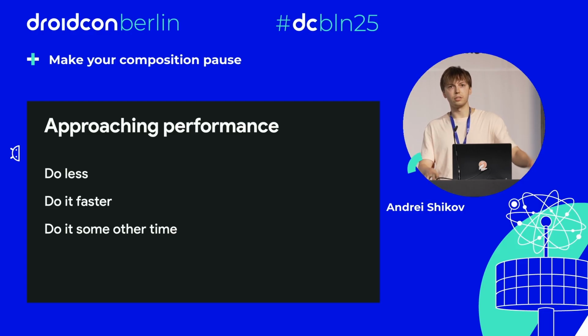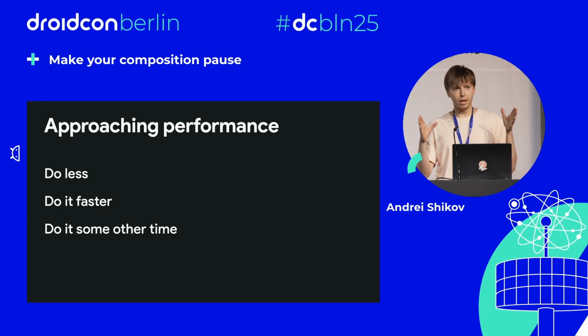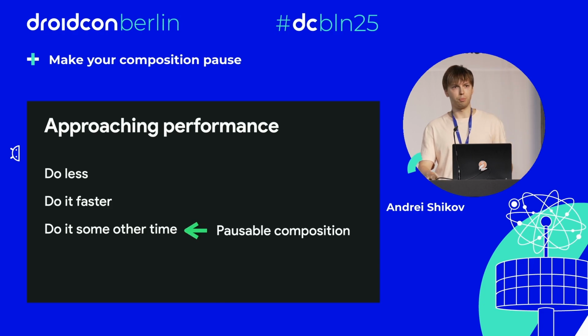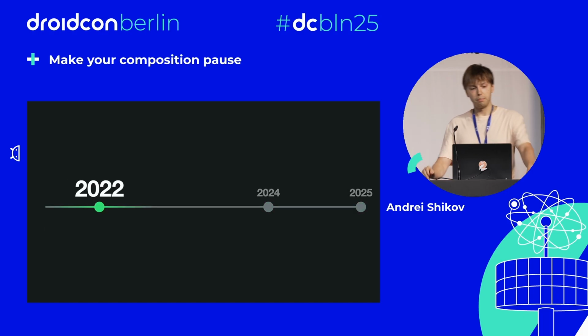And the last thing is do it some other time. So this is the scheduling tricks, where you don't really improve what you do during the actual operations, during actual code, but you try to schedule it in a way that makes the result available whenever you need it. And Pausable composition is firmly in this third category. This is probably the first feature in the scheduling, do it some other time category that we did in Runtime. But to get to Pausable composition, first we need to travel back in time, back to